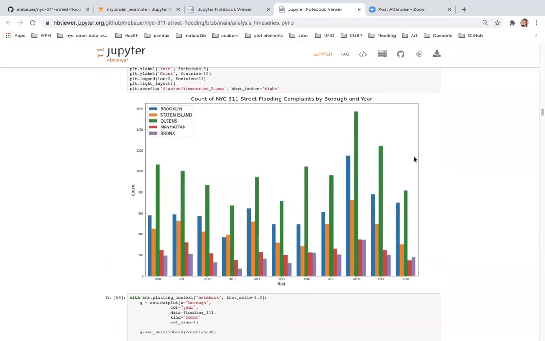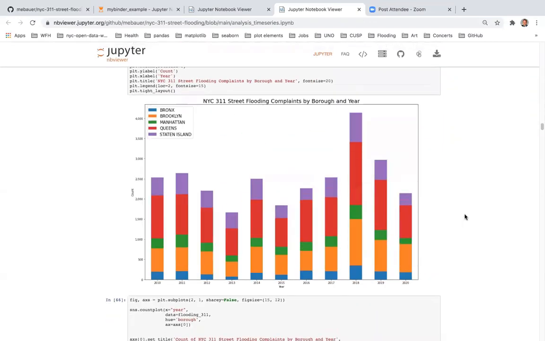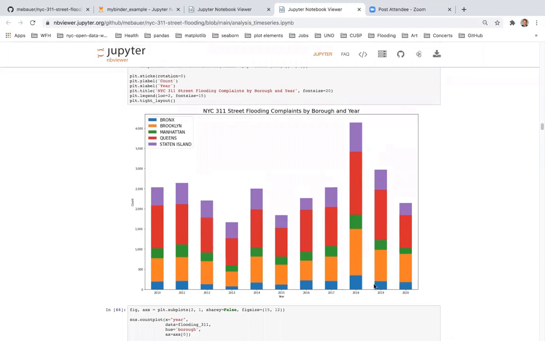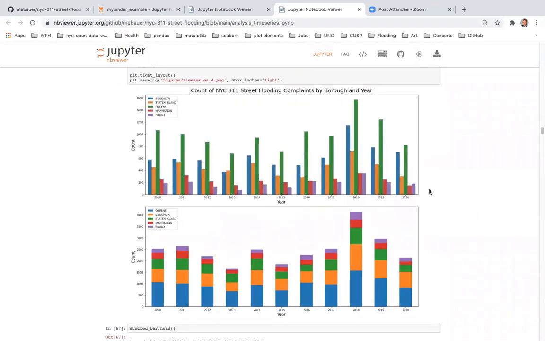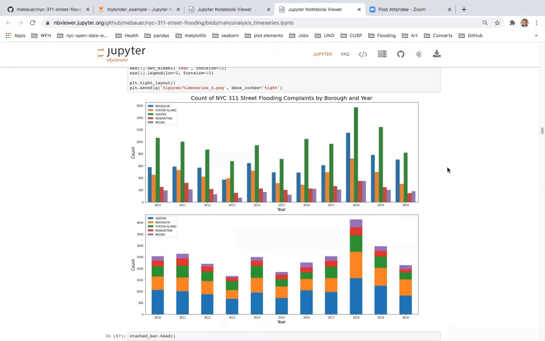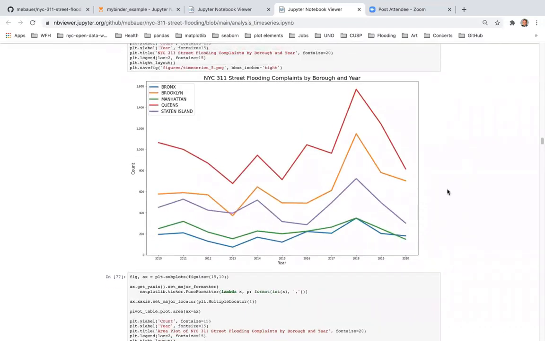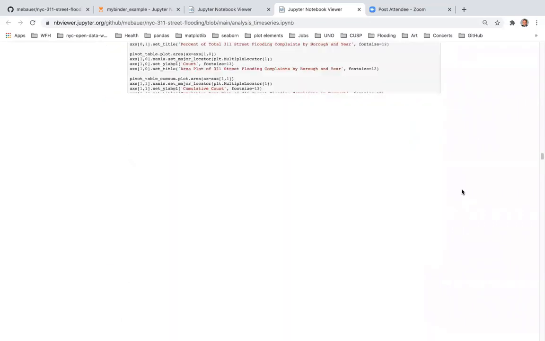This is broken out by borough. Again, broken out by borough and year. This is a stacked bar chart of number of complaints by borough. And we can see 2018 was the biggest year. Okay. It's just different ways of viewing this data. As you can see, there's probably over 30 figures in this project. I'm really trying to ask myself questions that I did not think about when I first began this project. These are line charts by borough, and we can see all of these charts on this page.